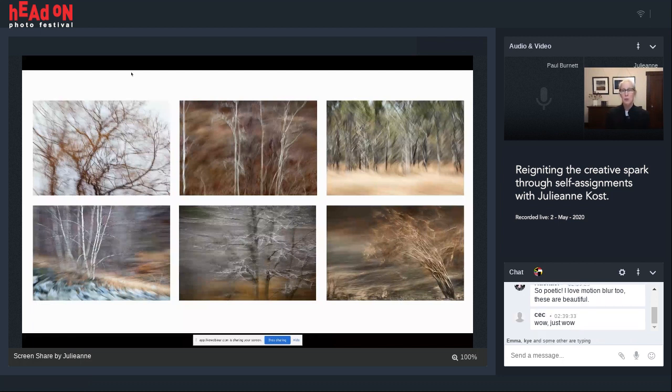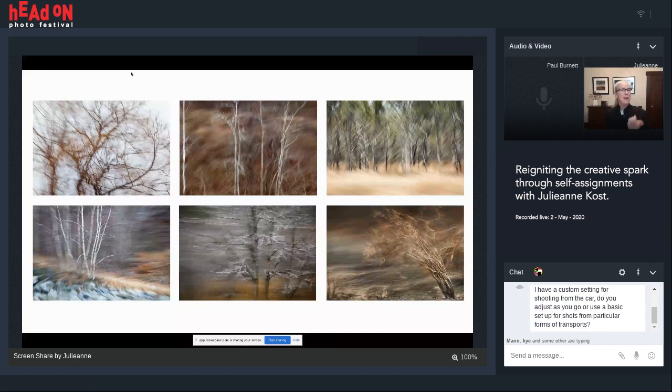So if you try it, just be patient, go easy on yourself, because everything's interconnected, right? Like how fast the car is going, what direction the car is going. If the car is curving, when you pan, how fast are you panning? Are you panning the camera level when you pan it? What's your shutter speed? What's your f-stop? If you're on autofocus, what does it choose to focus on?